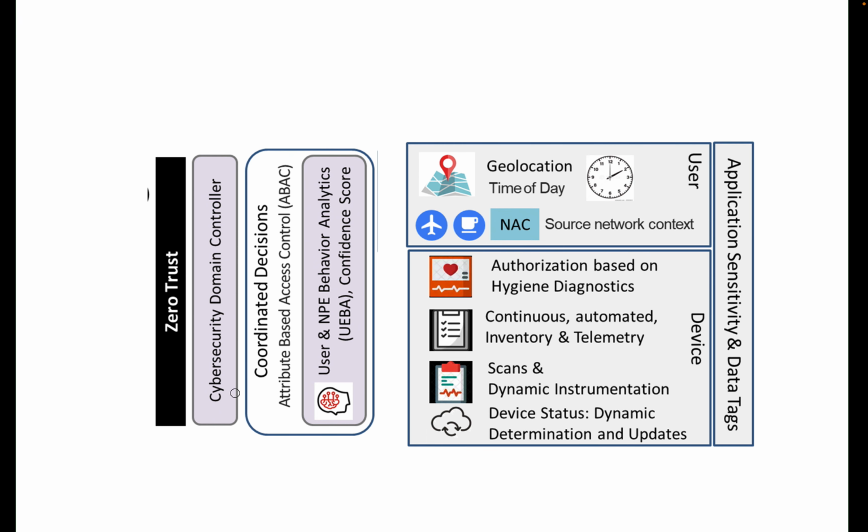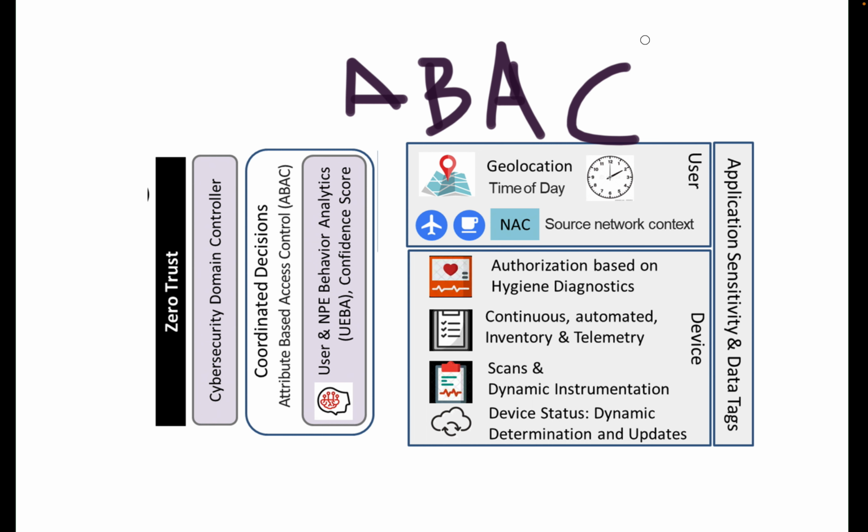What makes good user authentication? Well, it's something called ABAC for zero trust systems. That is attribute-based access control. And what's included in that are things like geolocation, where you're at, the time of day you're logging in, because if you're logging in at midnight, you're probably not there to work. You're probably there to sleep with your secretary or something. And we also have the source network. Which network are you connecting to? Are you trying to use an application on your cell phone, or are you trying to use a web browser